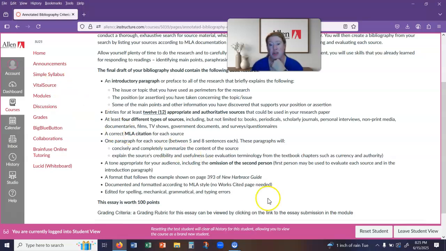So you want to be using terminology from the textbook chapters and from the CRAP test. Discuss the currency or authority of the author, discuss the relevance of the information, that kind of thing. So it's only 5 to 8 sentences for each source. It's not a lot of writing, but it does take a while because you have to find those 12 sources